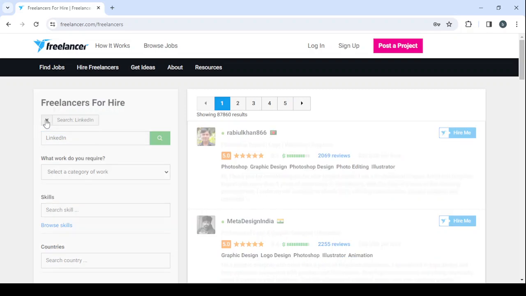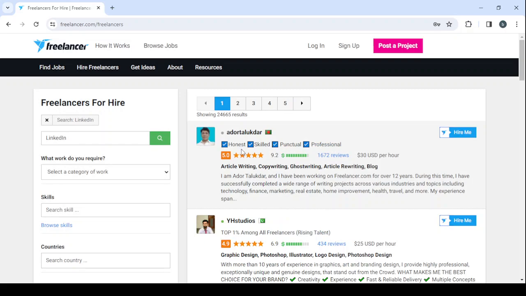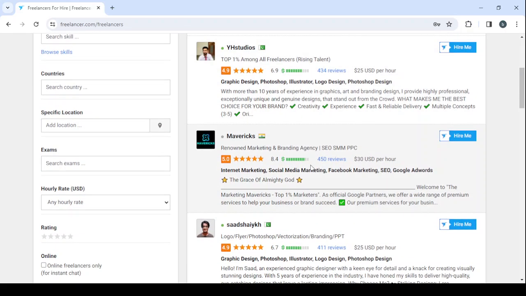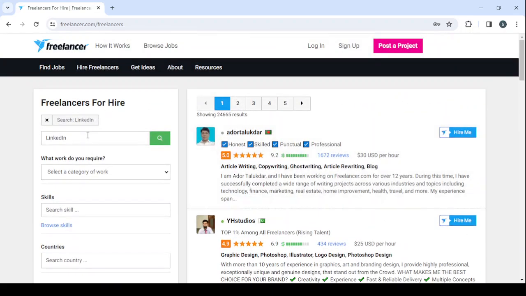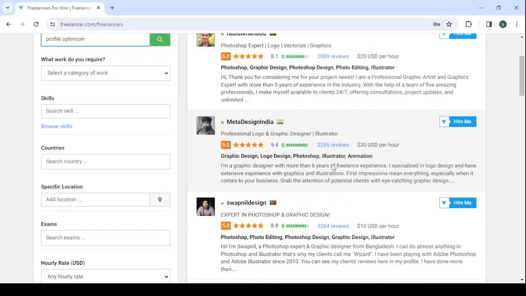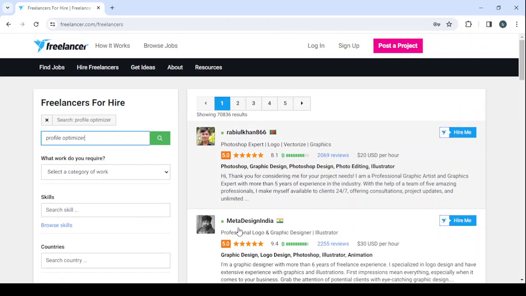So let's search for that and let's see what they're going to suggest. We have honest, skilled, punctual, professional, article writing, copywriting, ghostwriting, blog, graphic design, internet marketing. That's not what we're looking for. We need a profile optimizer. And let's see what we can find. It's still the same, but anyways guys, the reason I'm showing you this is just to let you know what